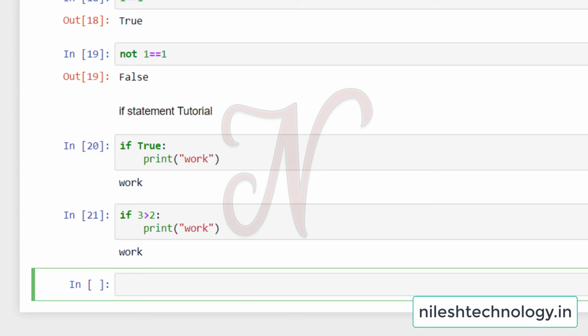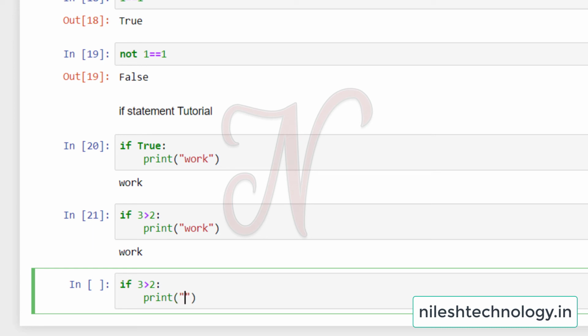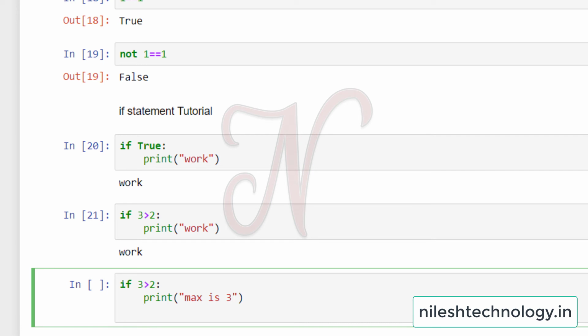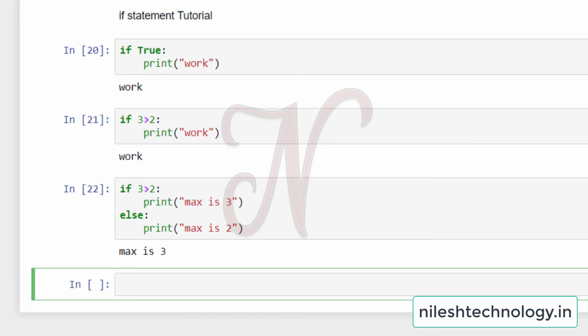See one example. If 3 is greater than 2, colon, print, my message is max is 3. My cursor is in the if condition, so I press backspace, then else colon, again print max is 2. My answer is max is 3, because the first if condition is true.